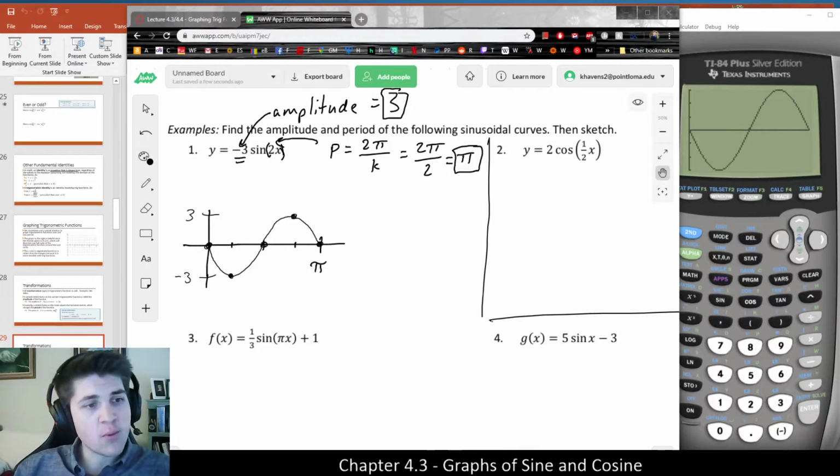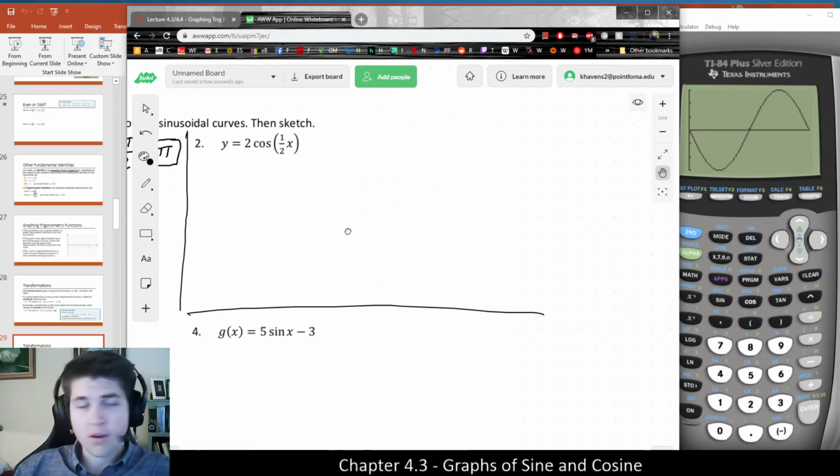Now let's do a few more examples just to reinforce those ideas. So let's do an example of graphing a cosine, which is pretty much the same, except we've got to recognize that this is now a cosine function, not a sine. It's going to start at the top rather than at the middle. And so we have a couple of numbers we need to pay attention to